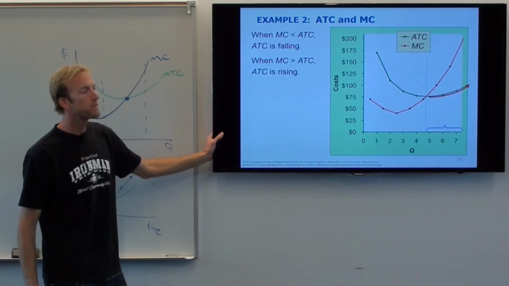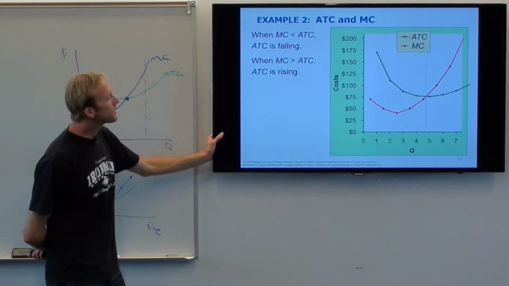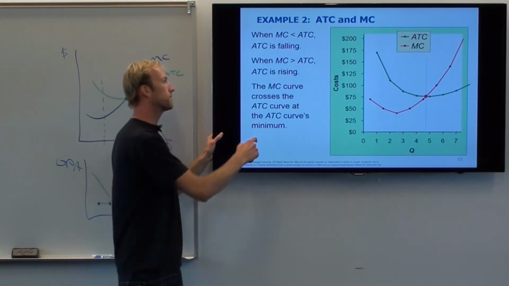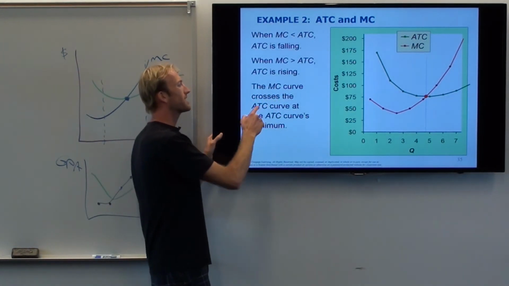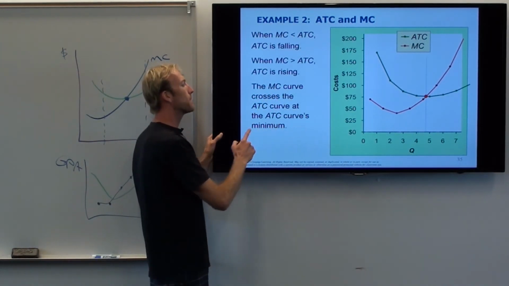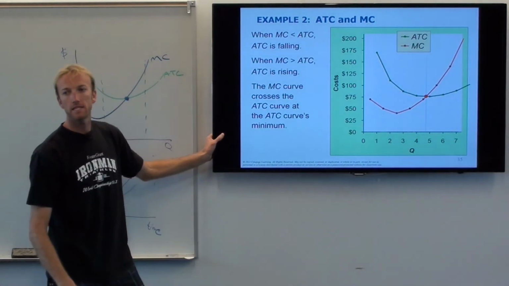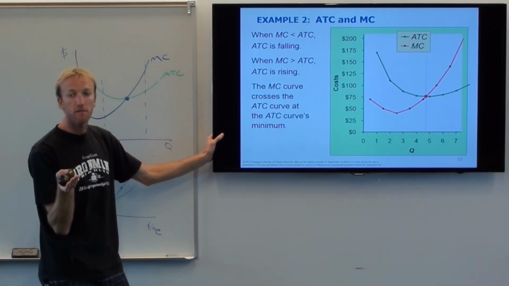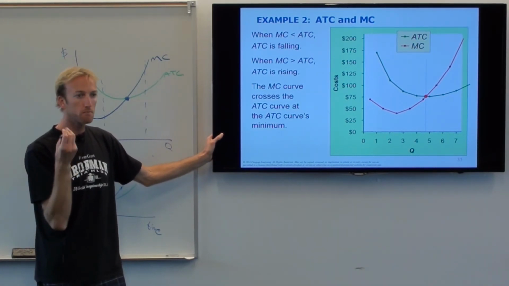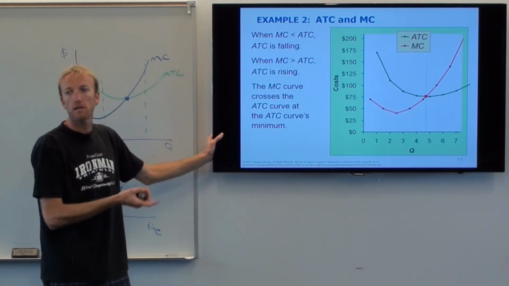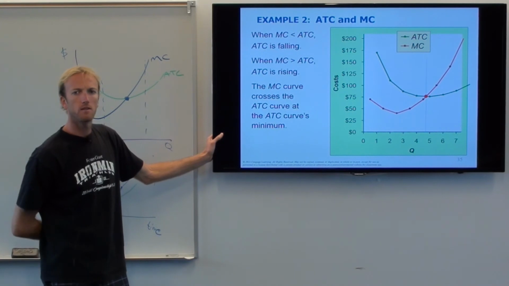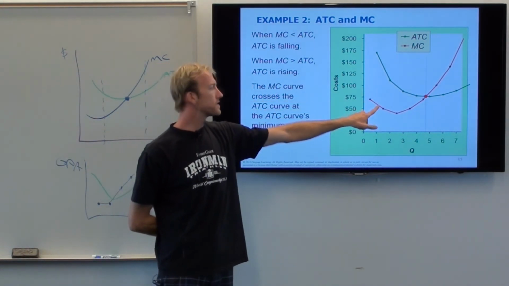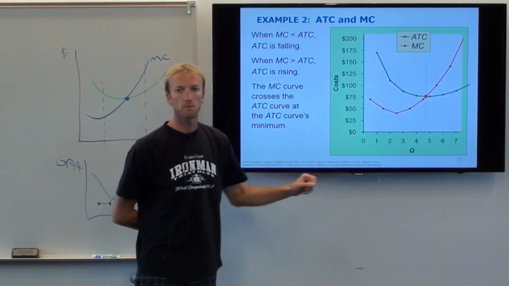Does that make sense? So the key here is that the marginal cost curve, the MC, crosses the ATC at the bottom point of the ATC. And the bottom point of the ATC is called the efficient scale point, right? It's the place where it's most efficient to make my product. So this is a really important point. And the two most important costs: this is the number one most important cost, the number two most important cost.